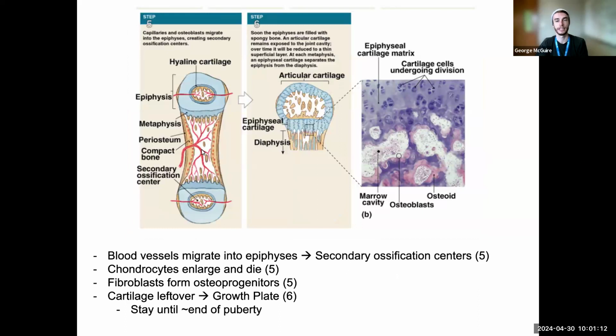So next, we get penetration into both of the epiphyses. So those blood vessels that supply are going to spread into each of the epiphyses, and these become secondary ossification sites. So now we're going to have new bone growth from the center of each of these epiphyses. In the metaphysis, or metaphyses for both of them, which is this space, this layer of cartilage in between the diaphysis and both of the epiphyses,